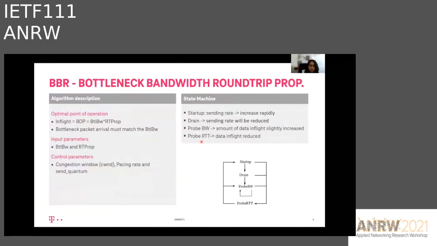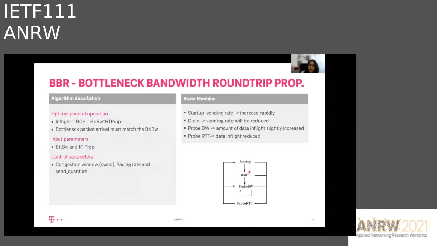BBR defines two conditions to achieve an optimal point of operation. The first condition is that the amount of data in flight has to be equal to the bandwidth delay product. And the second condition is that the bottleneck packet arrival must match the bottleneck bandwidth. To fulfill these two conditions, BBR initially estimates the values of the bottleneck bandwidth and the round-trip propagation time, to later use these values to calculate three control parameters, which are the congestion window, the pacing rate, and the send quantum. The way these parameters are updated and the way the whole protocol behaves is ruled by this state machine